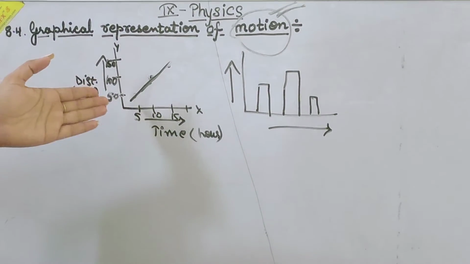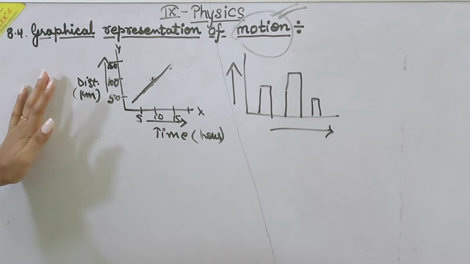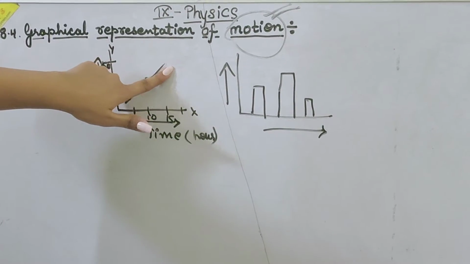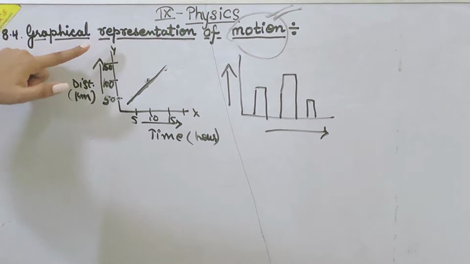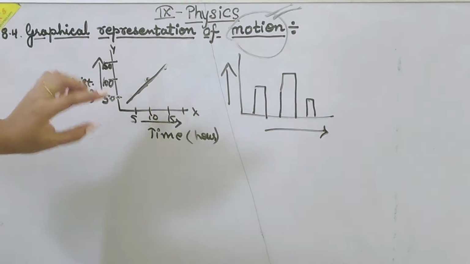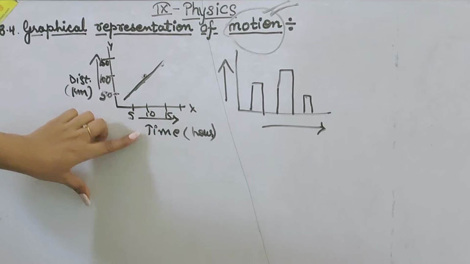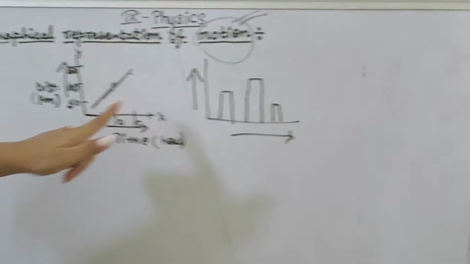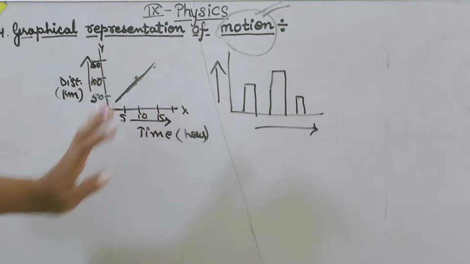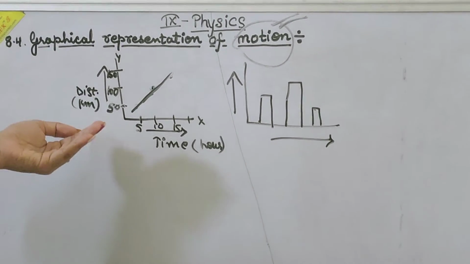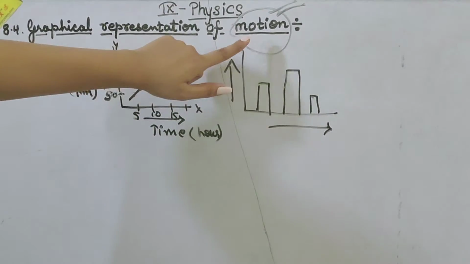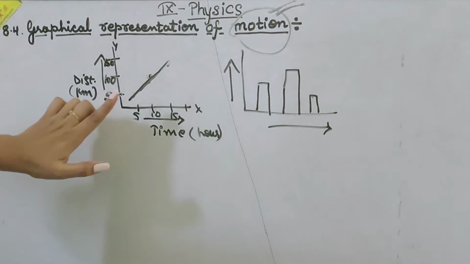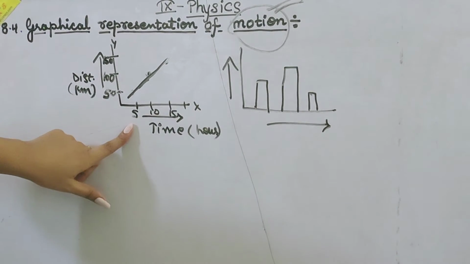So our next explanation is also from this graph, like we will represent the data of motion in a straight line. How can we represent it? Distance is represented on one axis and on the other axis we will represent the time. So this is a rough idea, just an introduction about the graphical form. Representation means we are showing it in different forms of graph. And in motion, the object is going from one place to another in a particular period of time.